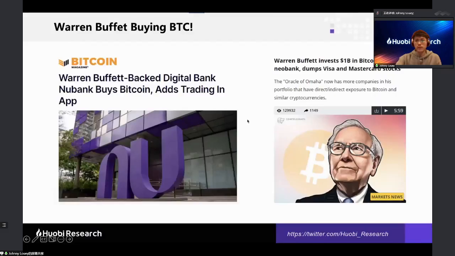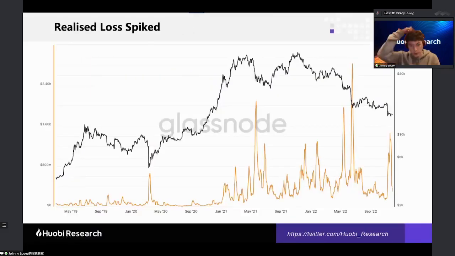I still want to share some on-chain indicators because, as I mentioned in the beginning, a lot of us are very interested in and want to know whether the final capitulation happened or not. In terms of assessing whether the capitulation happened, we can look at the realized loss spike. Okay, so look at this. The spike illustrates a loss, which means that some people panic sold and lost money in that transaction, and the amount has to be accumulated, and then they have the total amount of realized loss here.